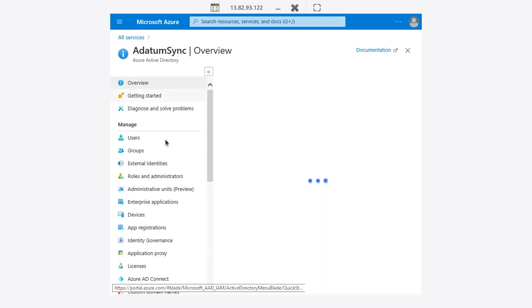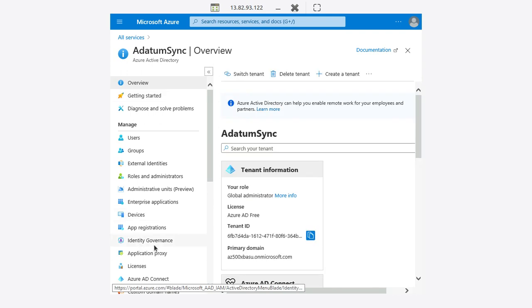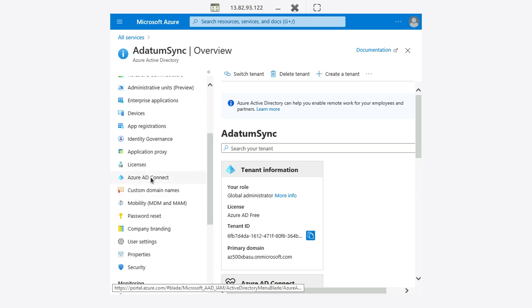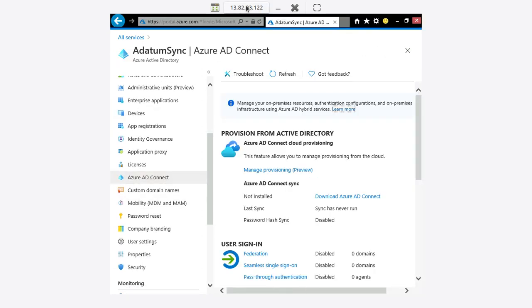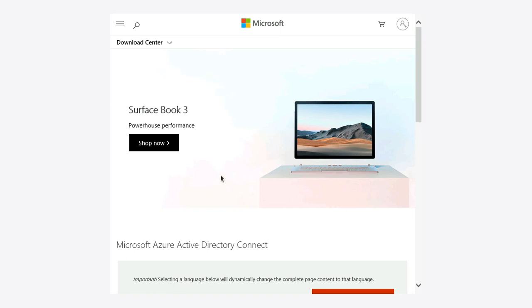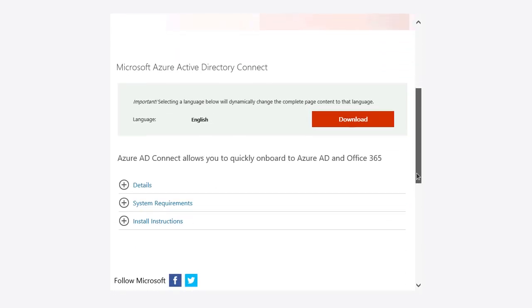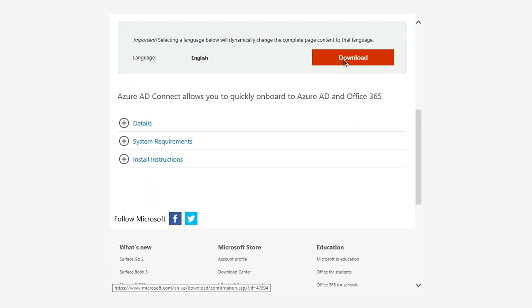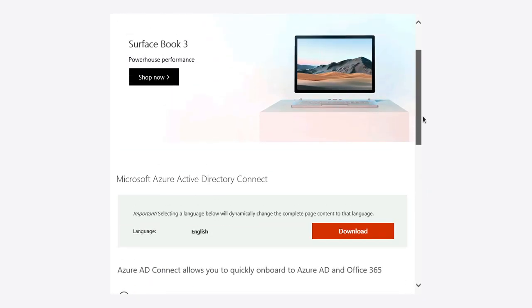Alright, so let's go to the Active Directory again. So here's the blade that was not available because my real estate was so low. From here we want to go to the Azure AD Connect. I'm still inside that particular VM, and from here we need to go to the download page, not install. Okay, so you're gonna click on this download AD Connect link. It's gonna take you to another Microsoft link, and from here you just need to click on the download button first, Microsoft Azure Active Directory Connect. You just download this one,